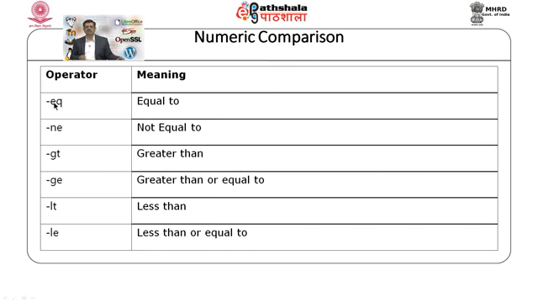First is when we use numeric test, there is EQ, NE, GT, GE, LT and LE. These are the different operators that can be supplied with the numeric comparison. So, when we are comparing two integer numbers, either we can test for equality, not equality, greater than or equal to, less than or equal to, between the numbers. Let us see the shell script.